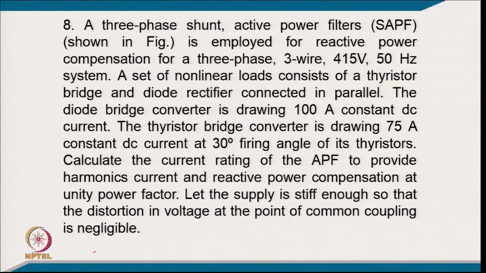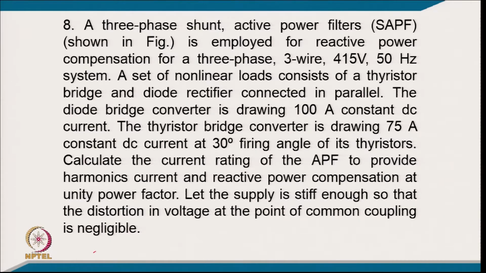A 3-phase shunt active power filter is employed with reactive power compensation for a 3-phase 3-wire 415 volt 50 Hz system. A set of non-linear loads consists of a thyristor bridge and a diode rectifier connected in parallel, and the diode bridge converter is drawing 100 ampere constant DC current. The thyristor bridge converter is drawing 75 ampere constant DC current at 30° fire angle of its thyristor. Calculate the current rating of the active power filter to provide harmonic current and reactive power compensation at unity power